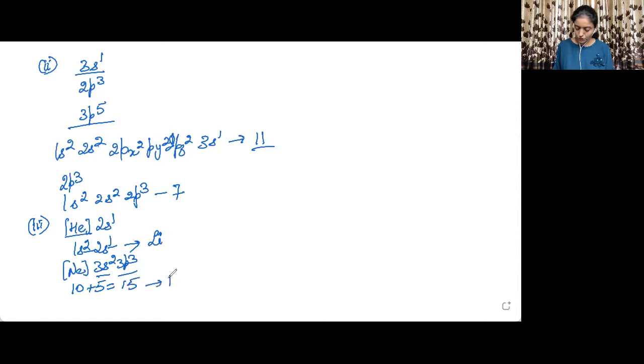15 is for phosphorus. So the atomic number is 15. I think we needed to tell what the atom is, so the atom will be phosphorus. For the next one, you will be writing it yourself. It is argon